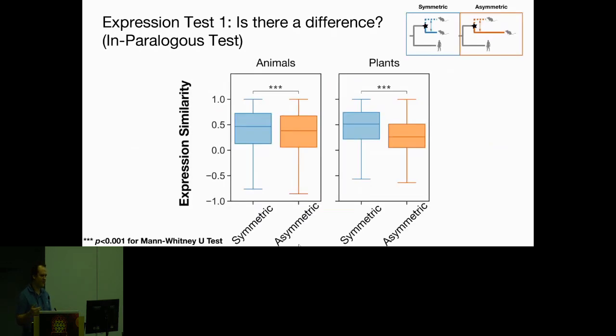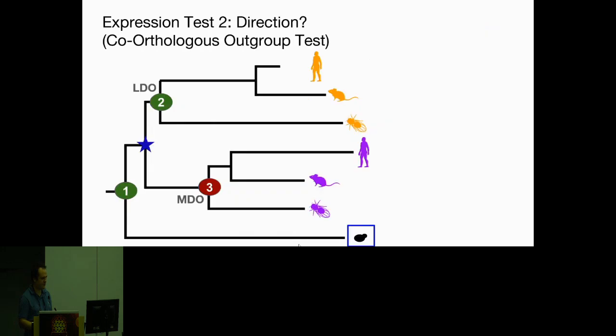And so for this, we saw, yes, there is a difference. It's slight, that in the asymmetric case, the expression similarity is slightly lower, but this is significant in both the animals and the plants. This is statistically significant, though, change. And so kind of the more interesting test that we did, because the previous one just says, yes, there is a difference in terms of function,